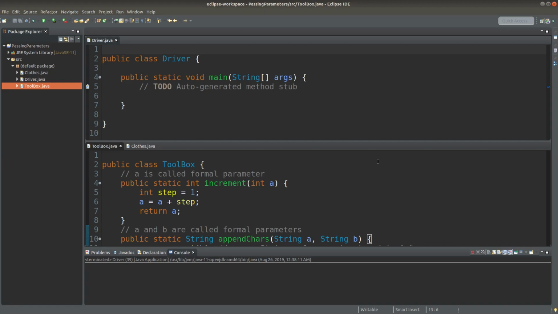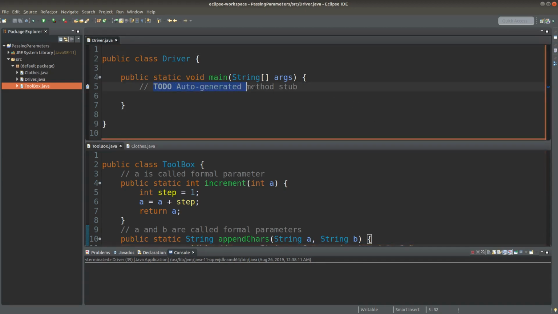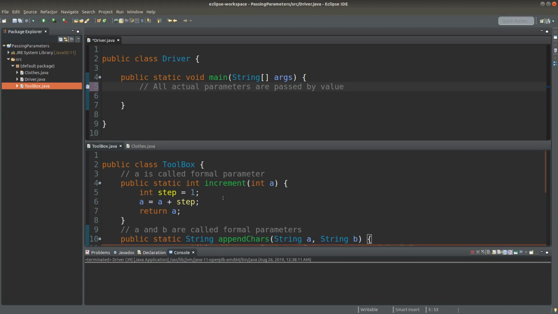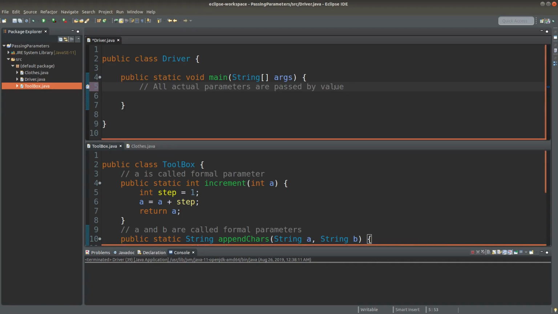When we talk about passing values to the functions in Java, we have to notice one important property of parameter passing in Java. In Java, all the actual parameters are passed by value. That means we get the value of the parameters and then we put that value into the functions that we are going to use. So in this video, I'm going to talk about this important property of passing by value